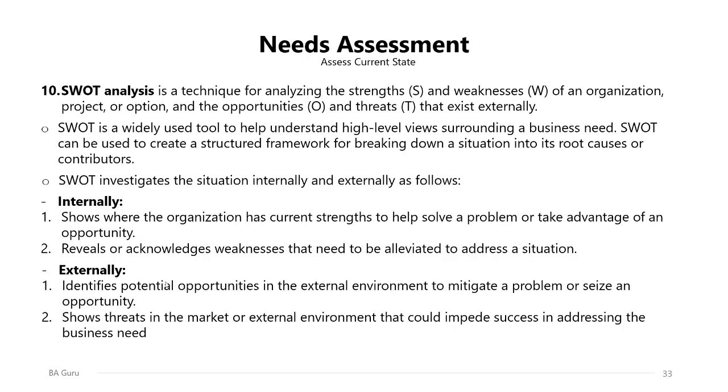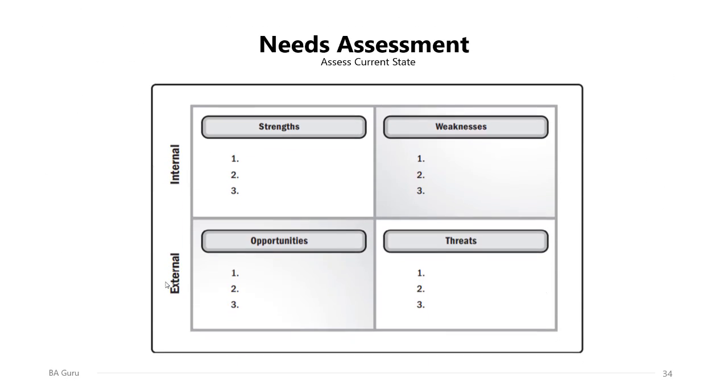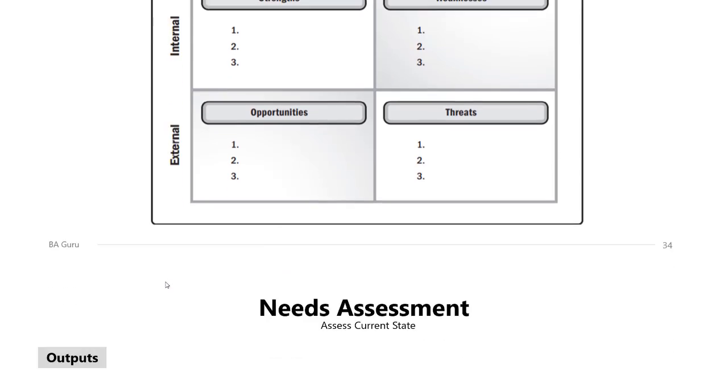in the external environment to mitigate a problem or seize an opportunity, and it shows threats in the market or external environment that could impede success in addressing the business need. So these are the results you might have of conducting the SWOT analysis technique. Here is an example of the SWOT analysis results, or the diagram that will be an output of conducting this technique. It will show the strengths and weaknesses internally to our organization and the opportunities and threats externally for the